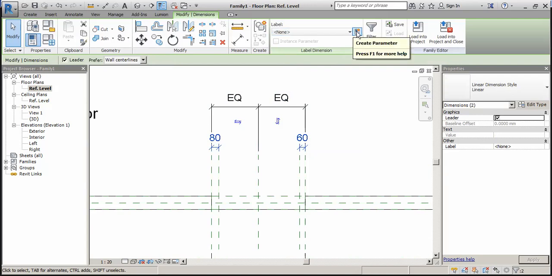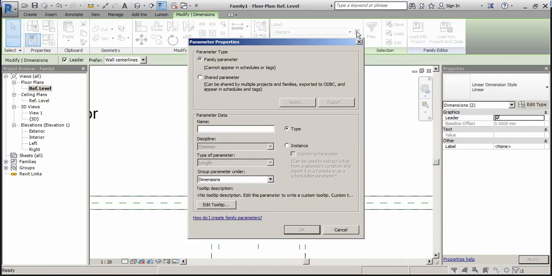So go in create parameter. Here you can see my cursor of mouse. So you can see the create parameter. Click it here and take the first reference as door frame thickness.